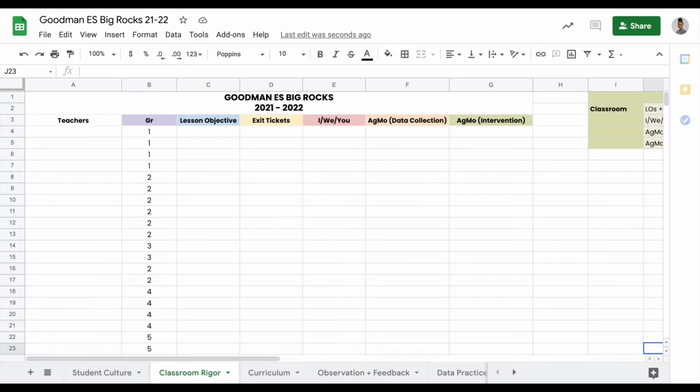So now let's go ahead and go into Classroom Rigor and check out that spreadsheet. So this is specifically tied to instruction. We want to make sure that we are providing our students with worthy work and that our instruction is tier 1 every single day. So first, when we go inside, and again, this is levels and tiers as well for our teachers, we first look at the lesson objective. Is it there? Is it written correctly? Is it aligned to what we discussed in PLCs? Is it aligned to the standards?